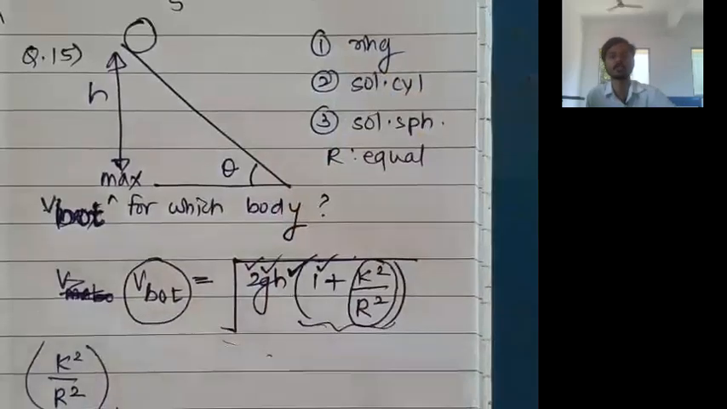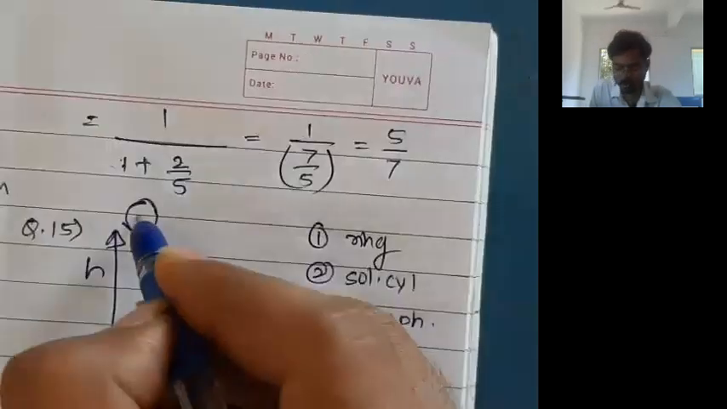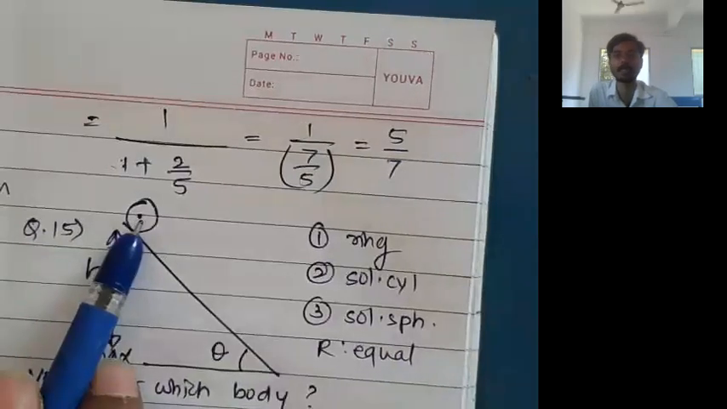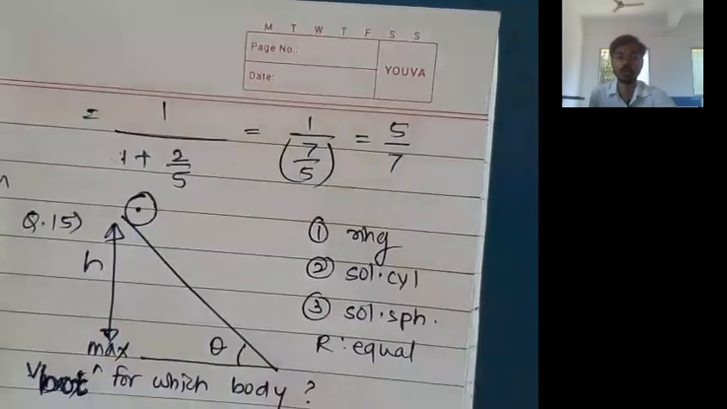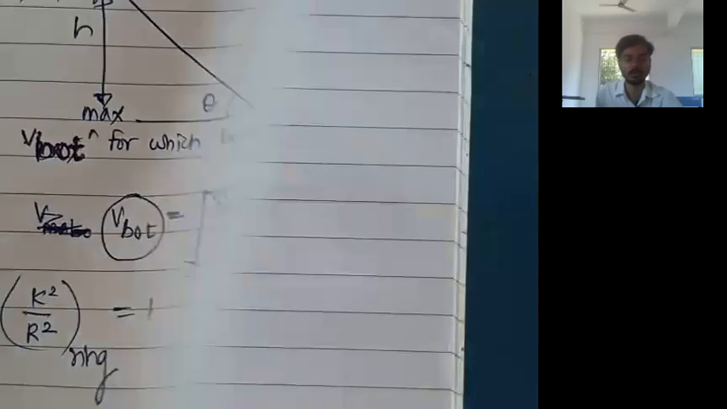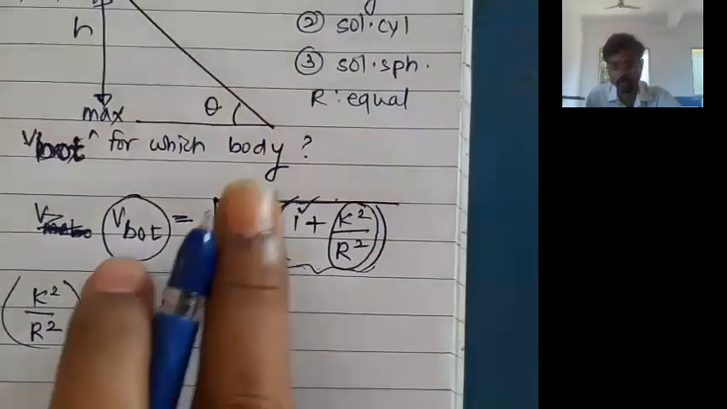For ring, what is moment of inertia about an axis passing through center and perpendicular to the plane? It is simply mr square. म्हणजे 1 times mr square. What is the coefficient of mr square? It is 1. So k square upon r square ring साठी 1 येणार. Now solid cylinder,